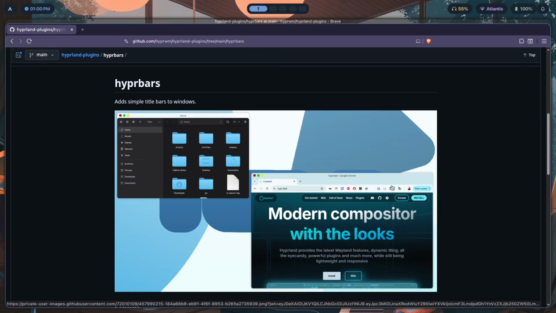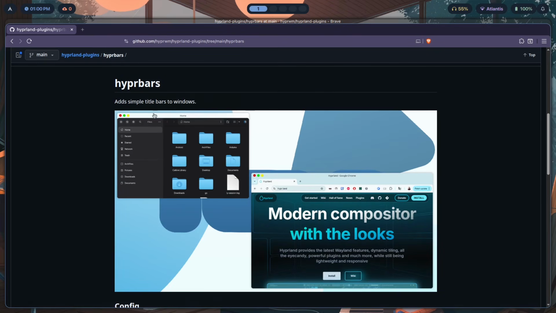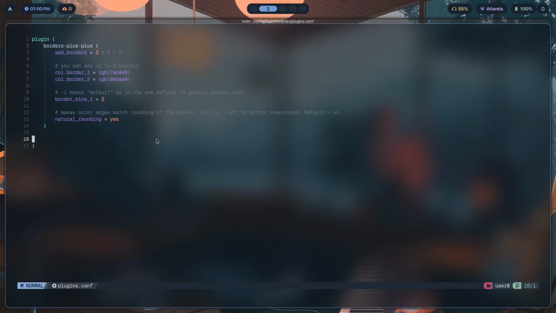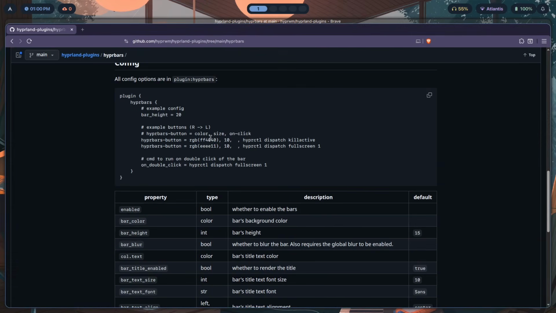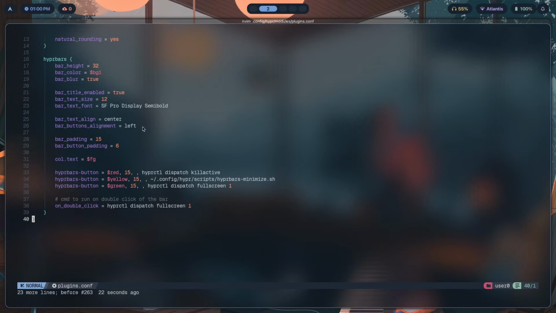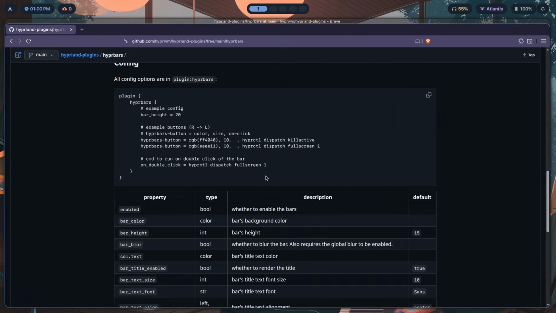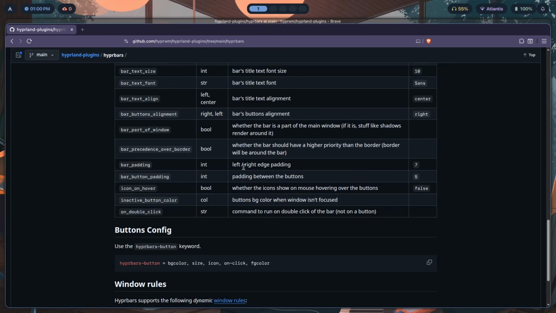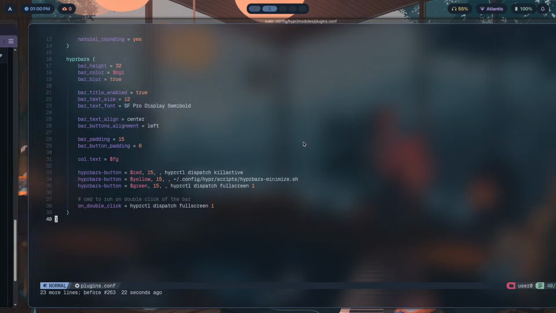This is an example that they've given over here. You can base your bar off of this, or you can base it off of whatever I showed you earlier. Now, let's actually restore whatever we have here, and I'll walk you through each of the settings one by one, so you can just go ahead and copy them from the properties section over here and then paste them into your own Hyprland config